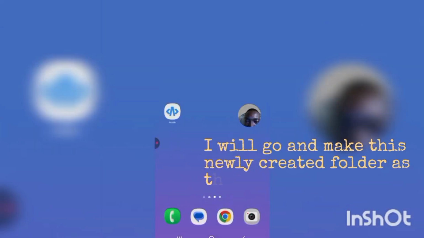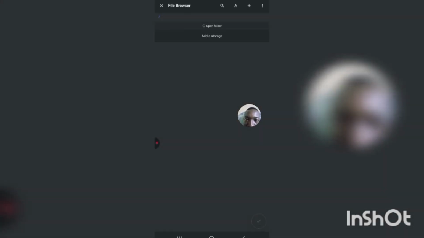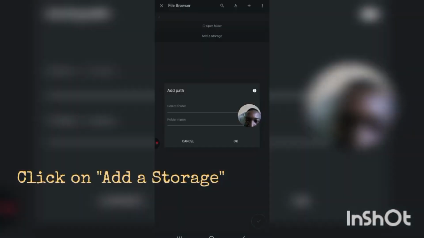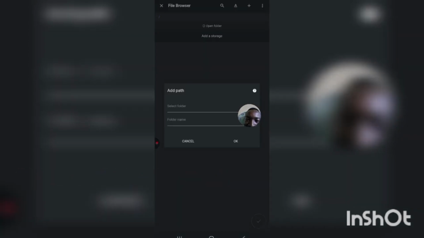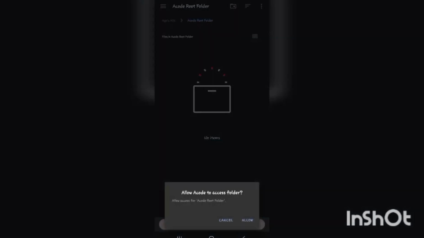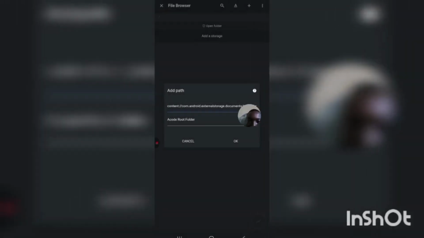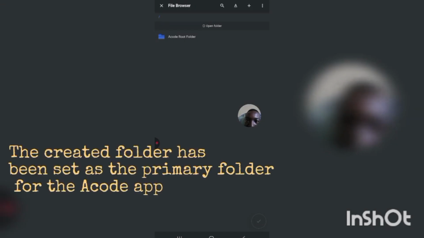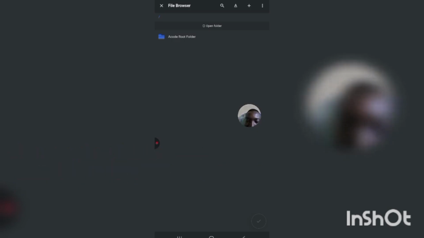Let's get back to the Acode app and open it. So click on the hamburger menu at the top left, and then it's requesting for open folder. Click on open folder. It's requesting us to add a storage. So this is where I will select the folder that I created on my phone storage. That is the Acode root folder. I'll be selecting it as my main folder, and then I will say use this folder, allow, then OK. So I have made that folder, the Acode root folder, which I created initially, my root folder for the Acode app. Now I will go back inside my phone storage